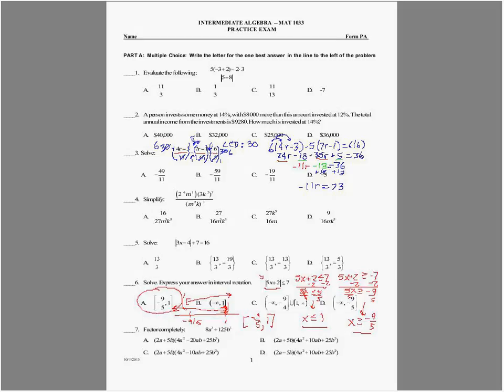Oops. Oh, that's not a negative, that's an equal. Sorry. I saw the equal sign, I thought it was a negative. 36 plus 13, 49. Okay, we're going to solve for r. Last thing to do, negative 11 divided by negative 11. Answer, negative 49 elevenths. Answer A over here.